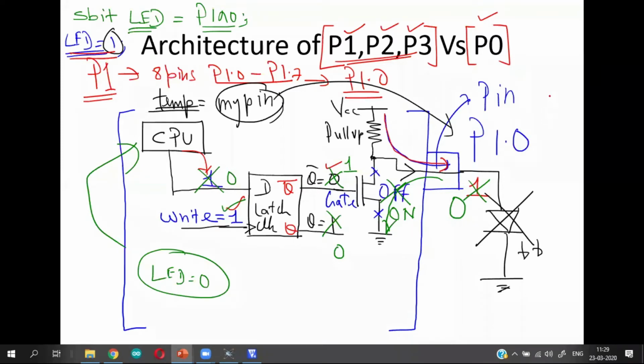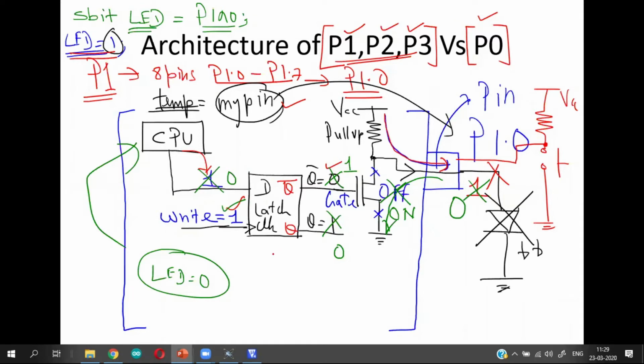Rather, I am connecting an input load, a switch. Now I am configuring port 1.0 with a name called myPin, and I am assigning that to a variable called temp. Now I have to read this particular pin.